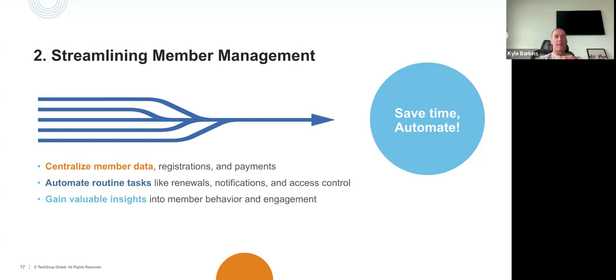It also allows you to do a lot of automation, whether that's through the portal itself or through third-party tools that you might already have in place. So sending things like renewal notifications, updating them when their time's expired or they haven't logged in after a certain amount of time to try to create some stickiness and bring them back. And as I was mentioning,